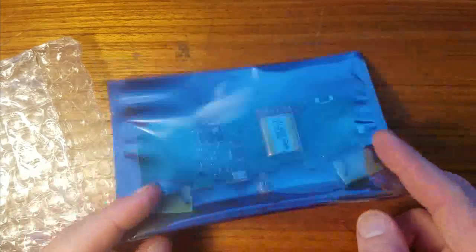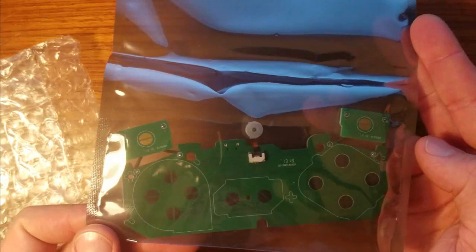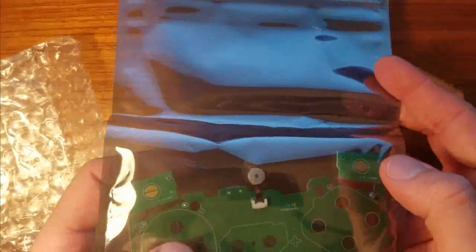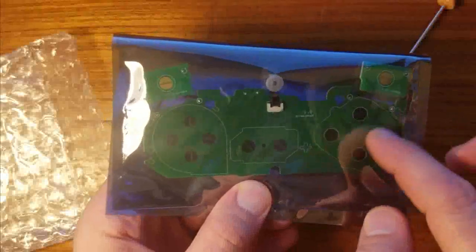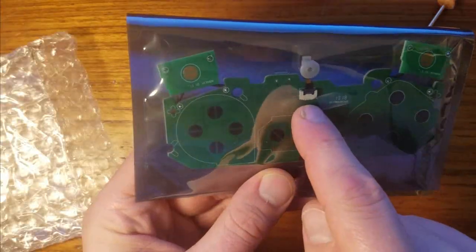I don't mean that in a derogatory way. It's just that it doesn't have a whole lot of printing on it. It seems like it's very bare bones in its functionality. So without doubt, these are the R and L buttons here. And then here's the D-pad. And my cat's over here trying to grab stuff. And then here's the 4 face buttons, and start and select over here, or whatever. It looks like this is going to...